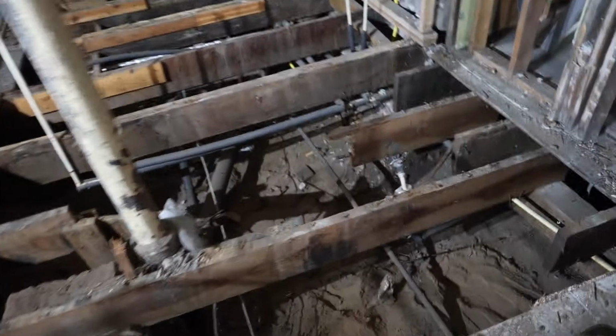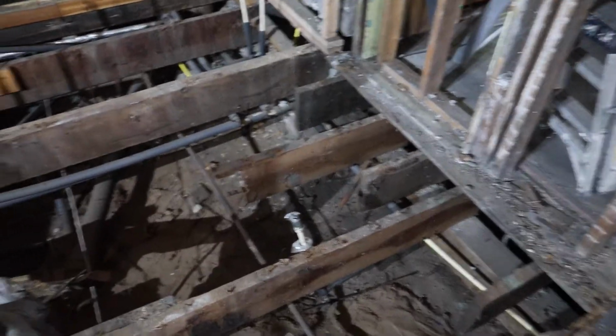Originally, I thought that somebody had cut the joists, but the fact that they're all cut, as it were, in the same exact spot kind of makes me think twice about that. So let's go take a look at that real quick. All right, so if you look here,